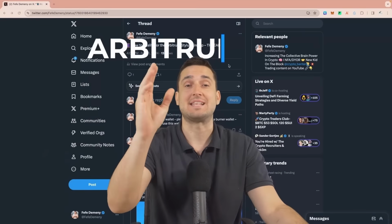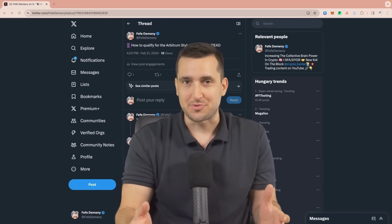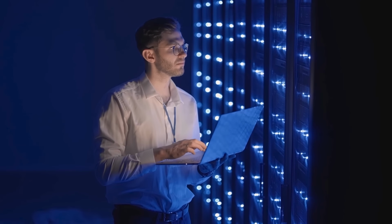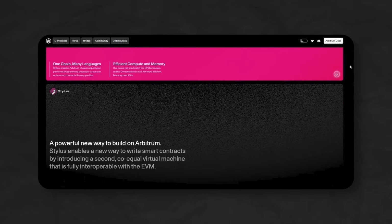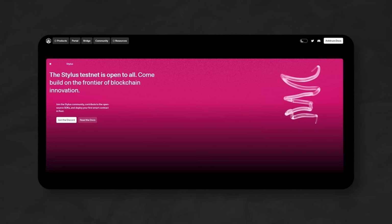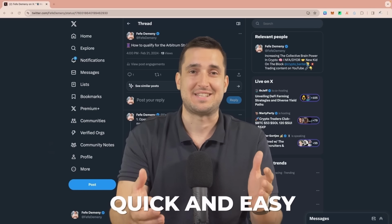So the second testnet is Arbitrum Stylus. It is pretty simple, but I'm gonna guide you through. Arbitrum Stylus is a new smart contract platform aiming to bring a new and innovative way of building smart contracts on the Ethereum blockchain. They raised over $123 million from Polychain, Coinbase, and other VCs, so it's a very promising project as well. Now I really hope that this is gonna be a quick and very easy to do task,